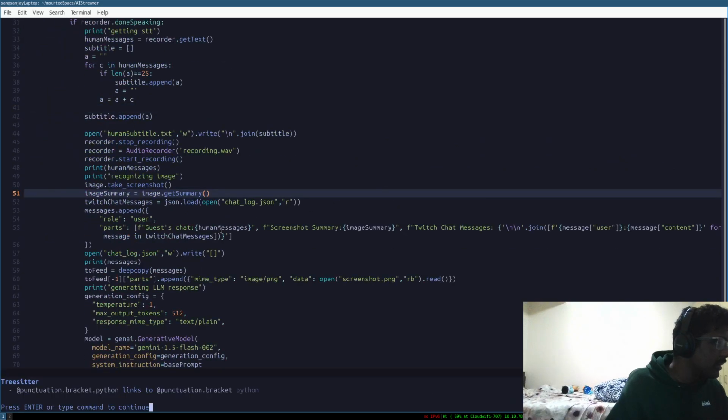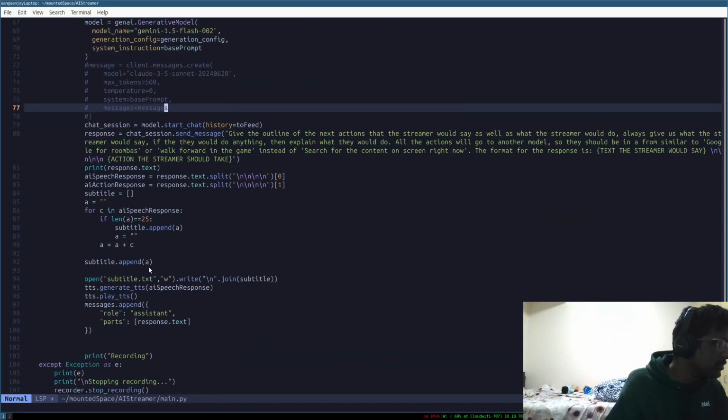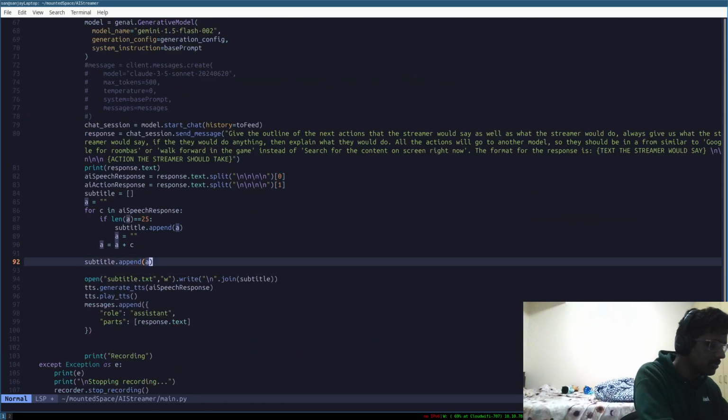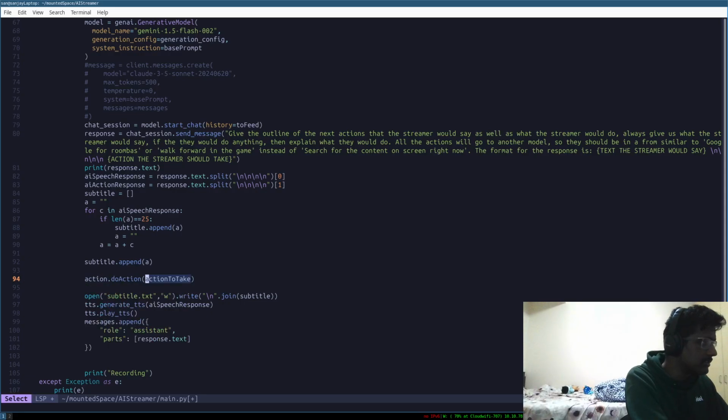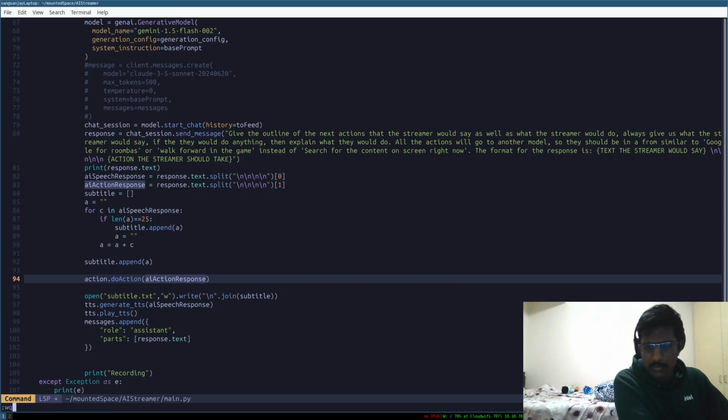Cool. Now, what we do is we just do a little action dot do action, and then the action to take is the AI action response. I should probably do a bunch more of this code asynchronously, but you know, it is what it is. And so,